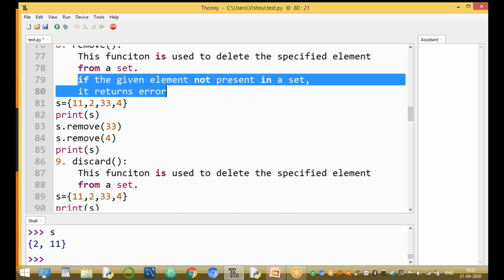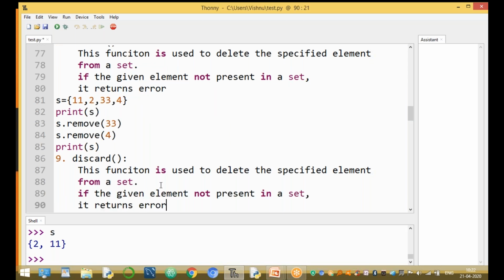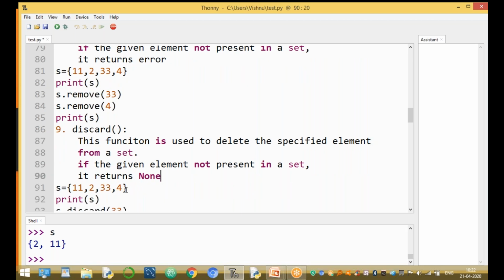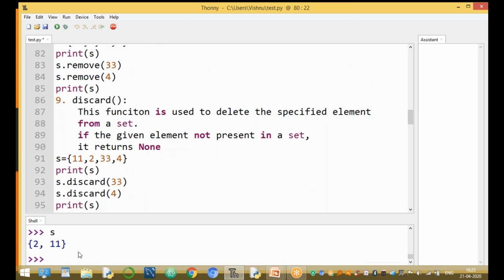But the discard function returns None without any error. It returns None, that's all. That is the difference between the remove and discard functions. In the remove function it returns an error; in the discard function it simply returns None.